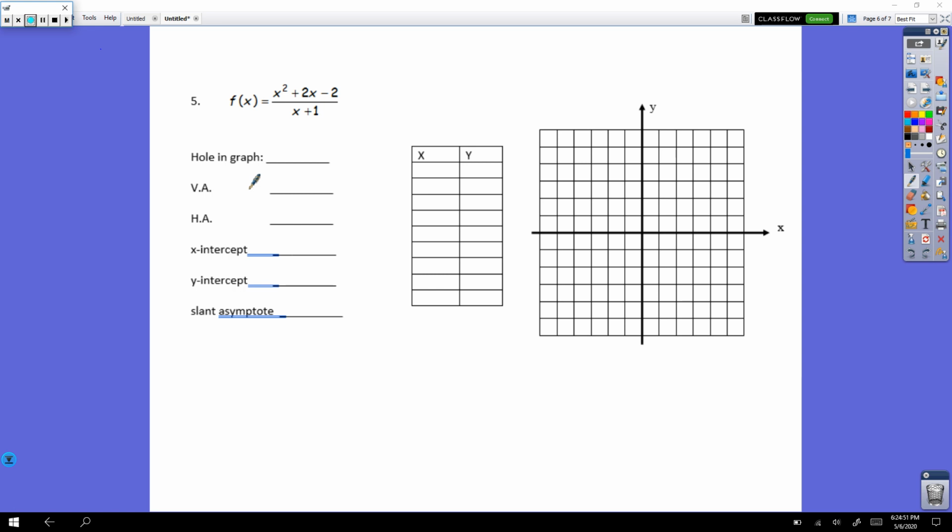Alright, sorry about that. My computer froze, as you saw there at the end of that last problem we were doing. So, starting this problem over real quick,